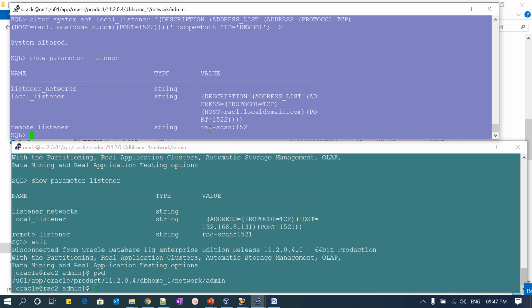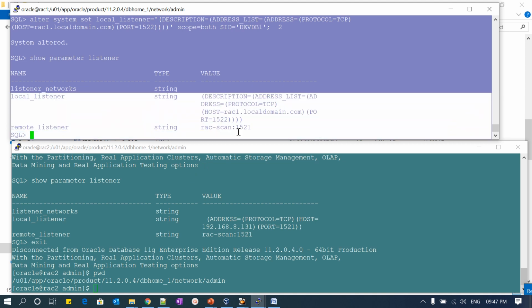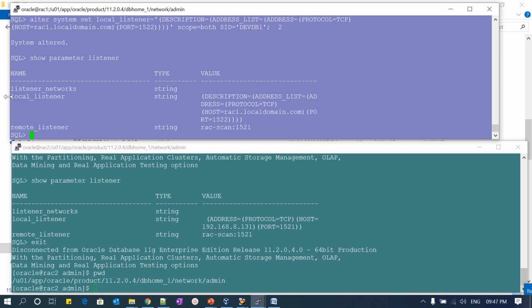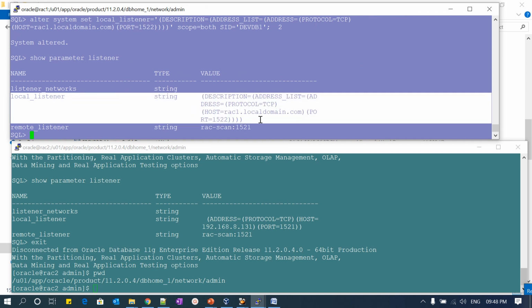So quickly I'll cover what is this RAC listener and local listener. RAC listener is a cluster listener where, when any user tries to connect to your database, first the listener connection will go to the RAC listener, and from the RAC listener it will go to the local listener, and then via the local listener it will connect to the database, and by this way the database connection will be established.